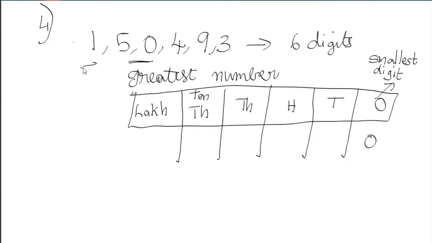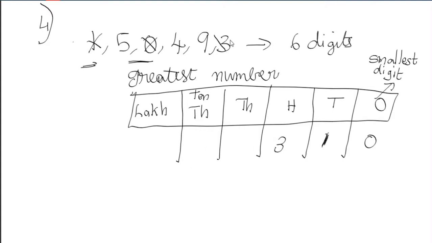Okay ma. So 1 in which place? The next place after the ones place, which place will come? Tens place. So 1 will be written in the tens place. Okay. So 0 is completed, 1 is completed. So which is the next greater number among these 4? 3 is the next greater number. So write 3 in hundreds place.